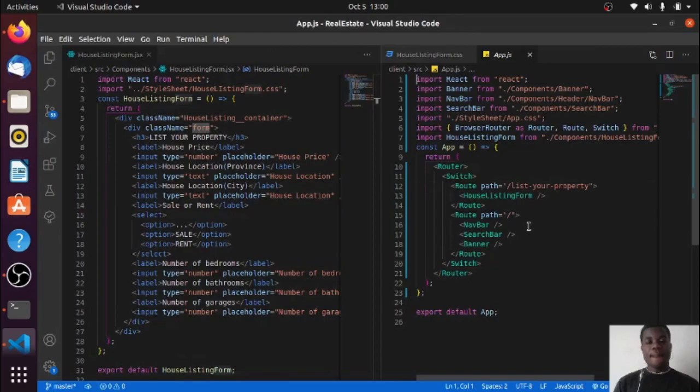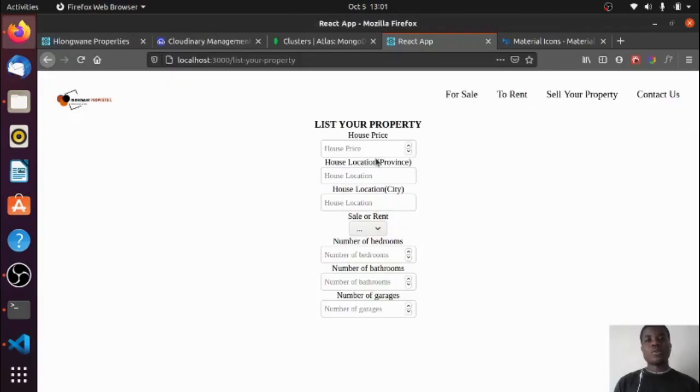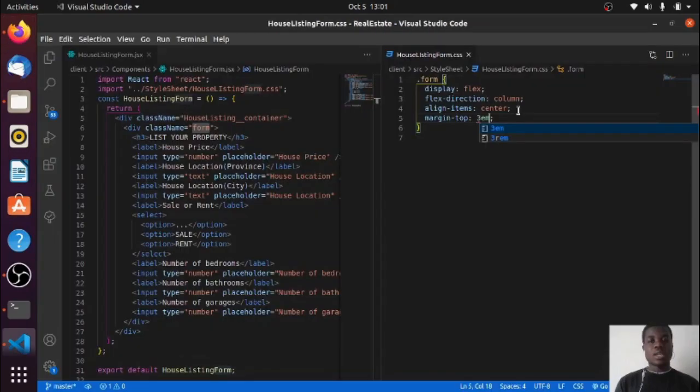So the nav bar is rendering conditionally, but yeah, it's fine, because I prefer not to have this form in mobile view. That's how I did the build, because I don't know, for some reason I just didn't prefer people, if they're on mobile, to list their houses. For some odd reason, I don't know. I'm gonna say margin top of 3em,